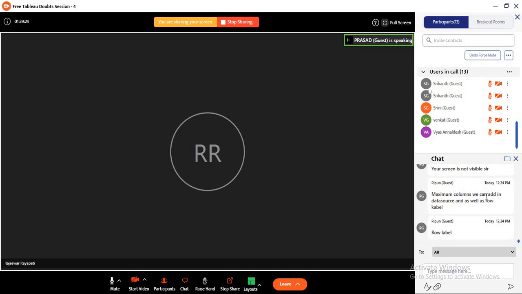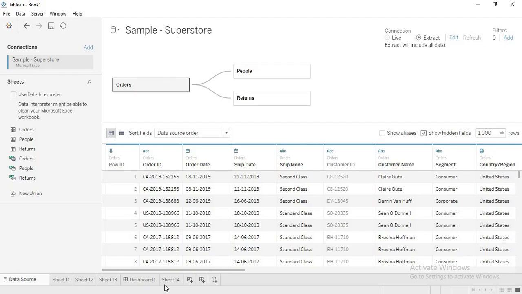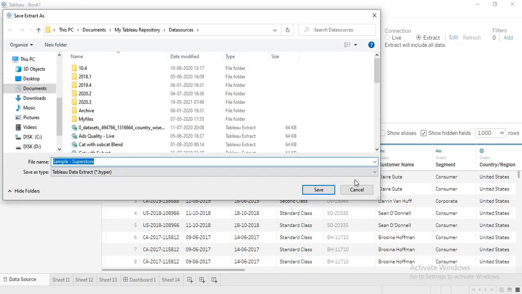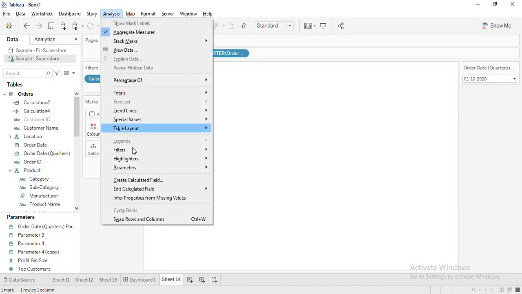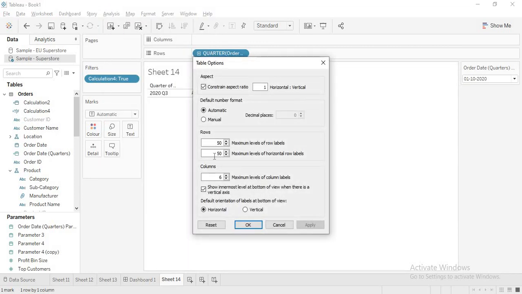Tableau has put this limitation of 50 rows, last I saw. But here, if you go to Analysis, Table Layout, and in Advanced, you can see how many are allowed. Here it is allowing a maximum of 50.